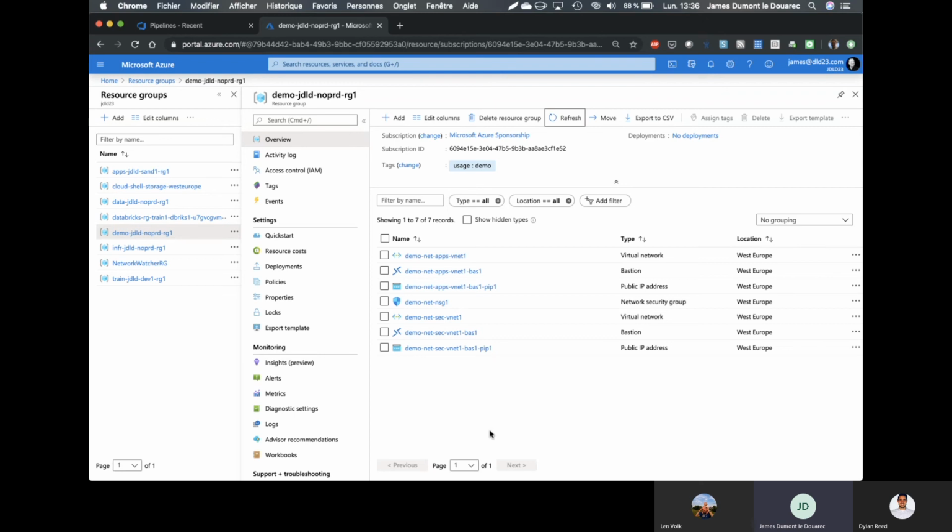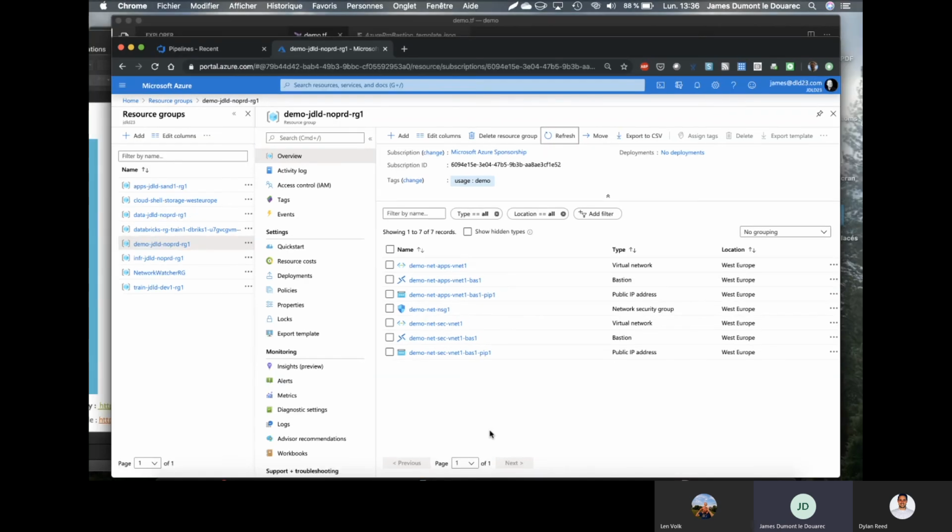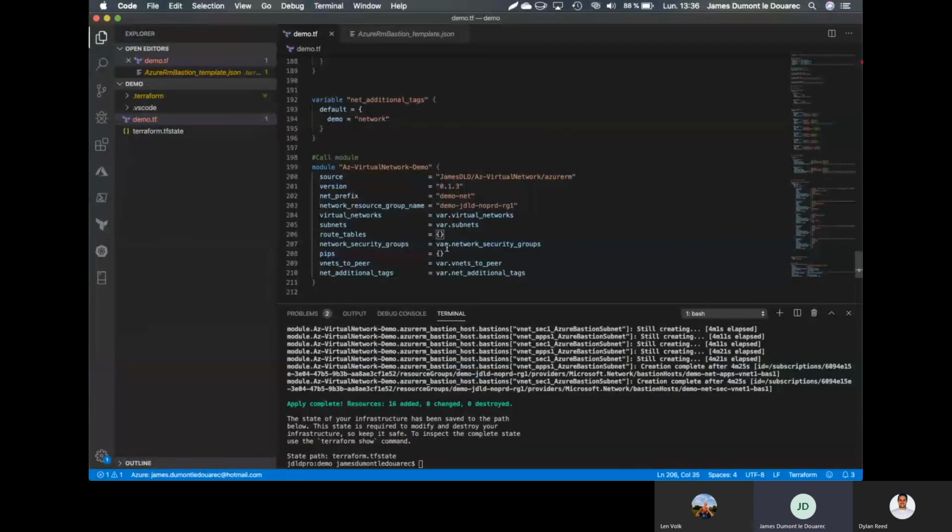If you don't want to use the route table option, for example, you just provide an empty list here. If you don't want to do the peering on the VNet peer, you just add this. And yes, it won't do the peering if you do that. It's just optional. So this is the simplest case.